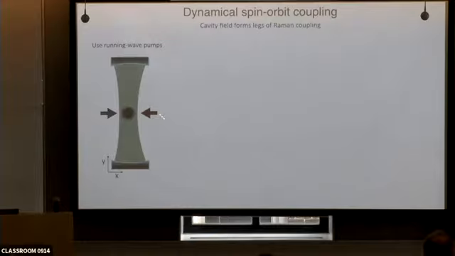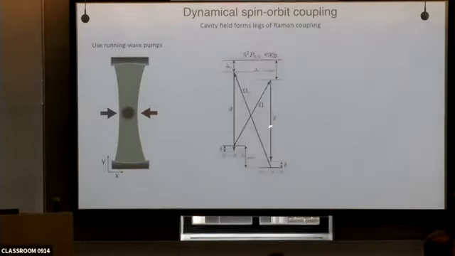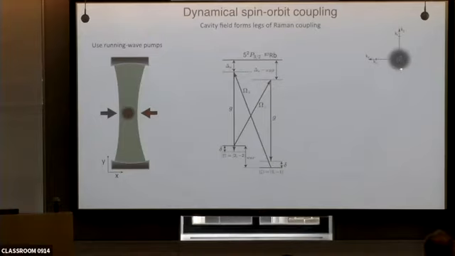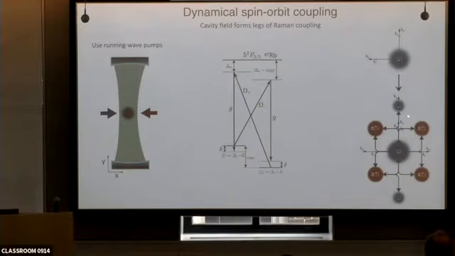So say you have, again, your cavity, and these pump fields are now running-wave pumps. You have the same sort of coupling diagrams, but these legs now can impart momentum. They're not standing waves, they can impart momentum onto your gas. Then what you can realize is that below threshold in momentum space, you have a gas that looks like this. Above threshold, instead, you have these four Bragg peaks, which is what I showed you experimentally before, where the sum has zero net momentum. You can actually do it in a one-sided fashion where you're imparting momentum through the coupling.